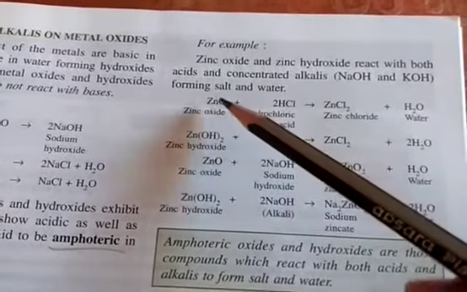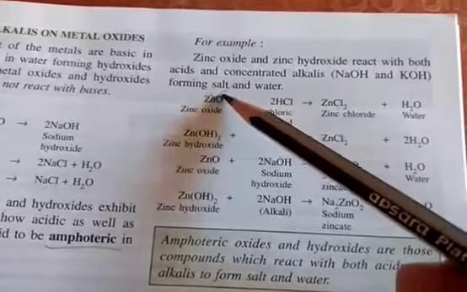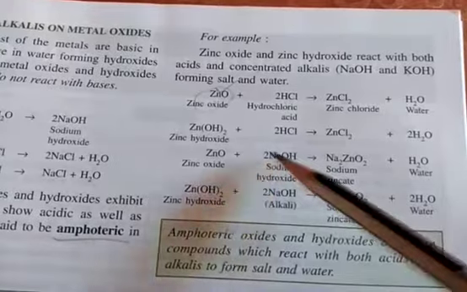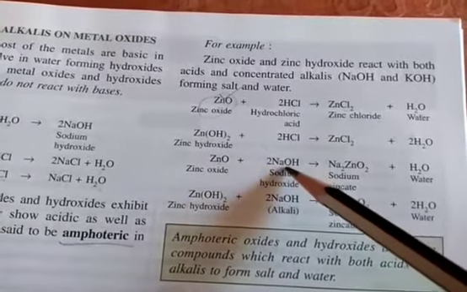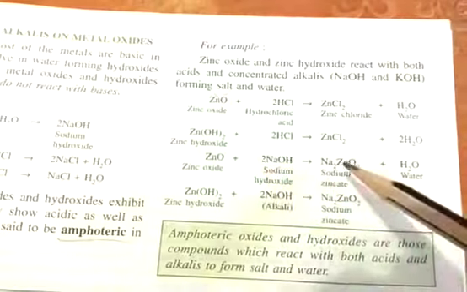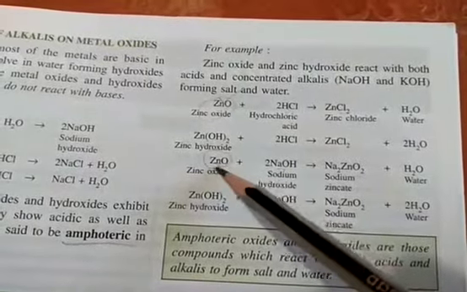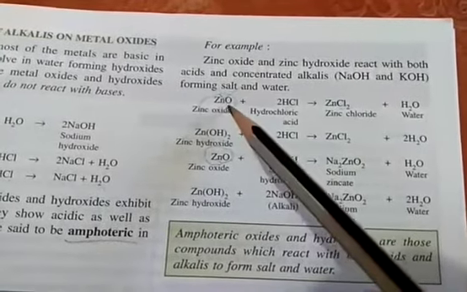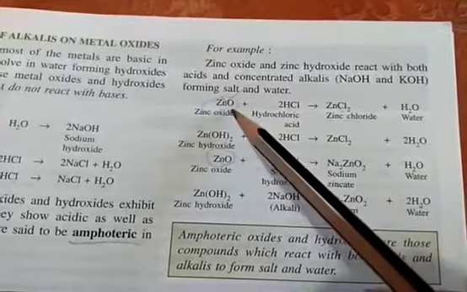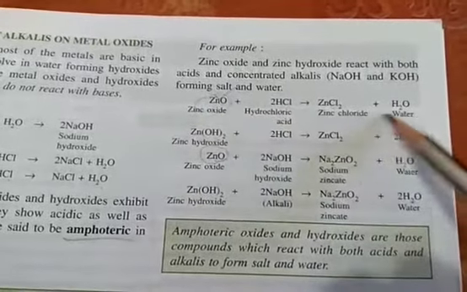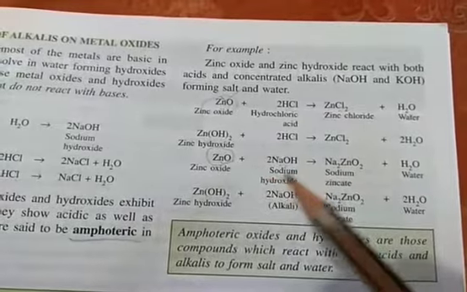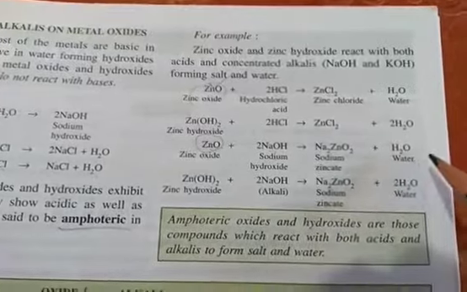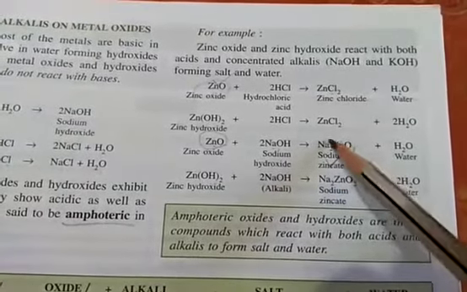So if it reacts with an acid, then it is termed a compound of basic nature. And in this case you can see that zinc oxide is reacting with NaOH. NaOH, you know, is a base, so it means zinc oxide has an acidic nature in this particular reaction. In the exam they can ask you to show the reaction of zinc oxide showing its basic nature, so you will go for this reaction. If they ask for the reaction of zinc oxide showing its acidic nature, then you go for this reaction. These formulas you need to learn.